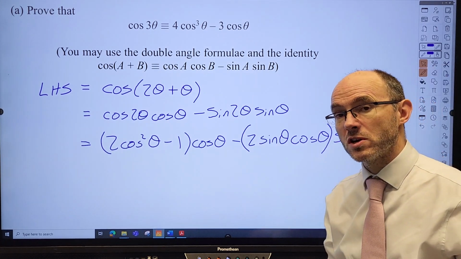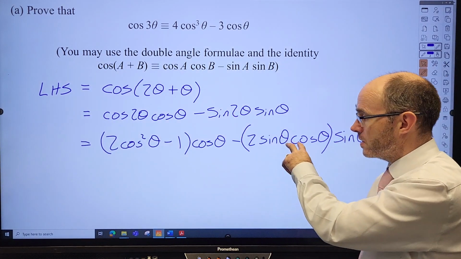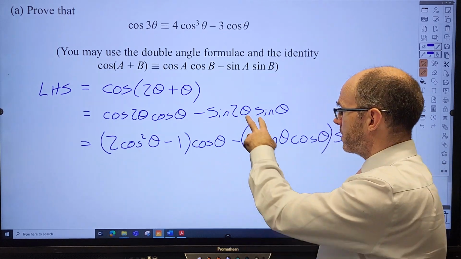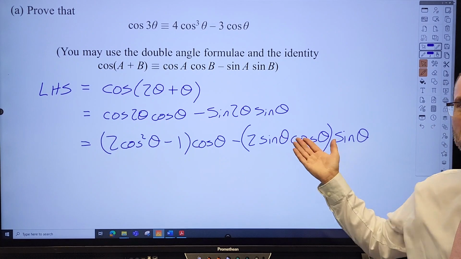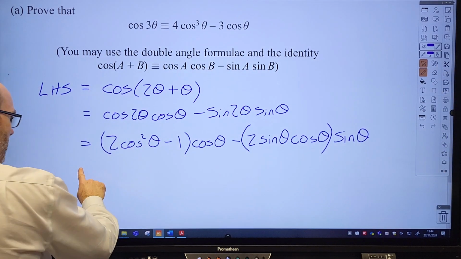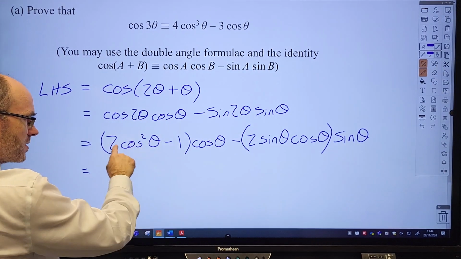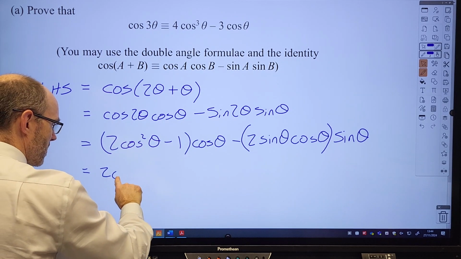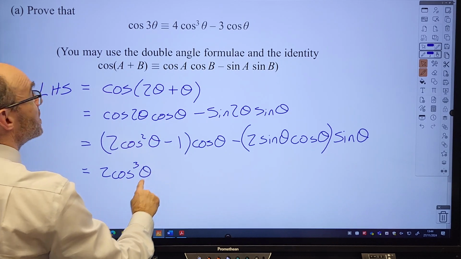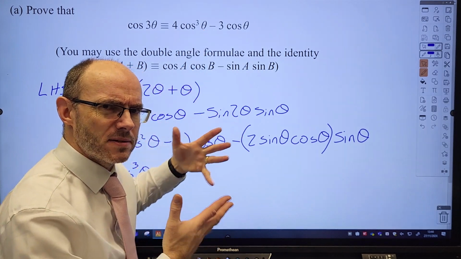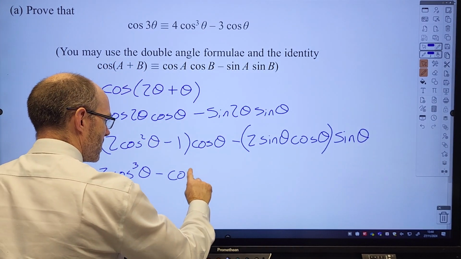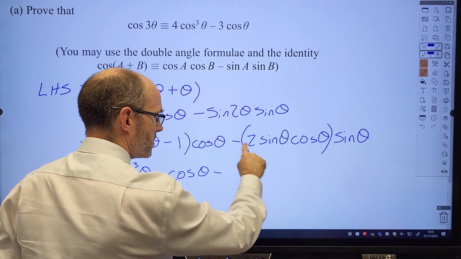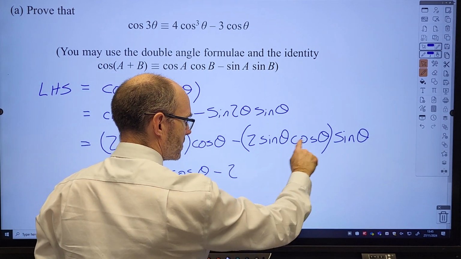You could, if you wish, if you're trying to show that that's the identity you use in place, or for your notes, but I generally don't write brackets. I'll leave them there, but I generally don't. Then we just expand this and simplify. So 2 cos cubed theta. It's nice when we get one of the cos cubes in place because it means we're going in the right direction. Subtract cos theta and then minus 2 sine squared theta